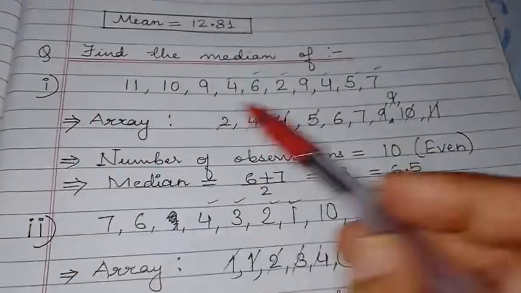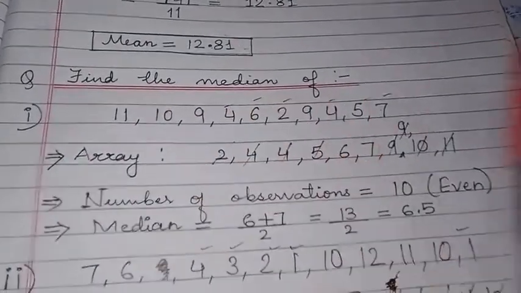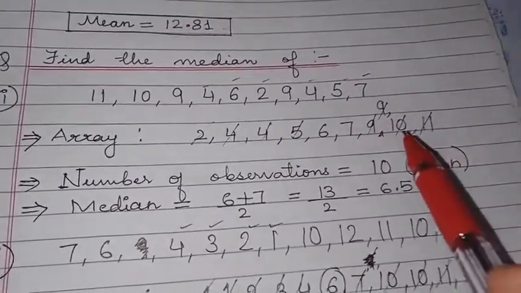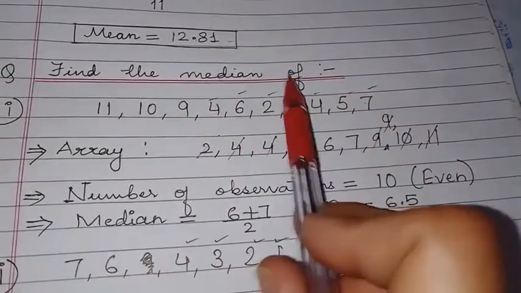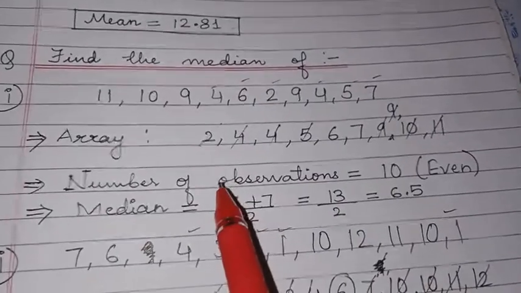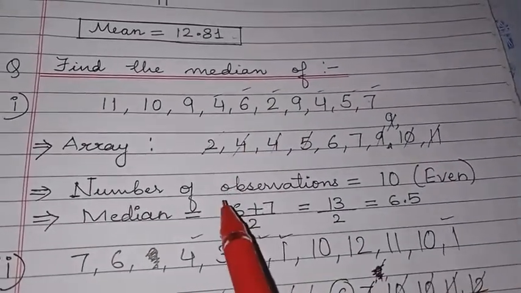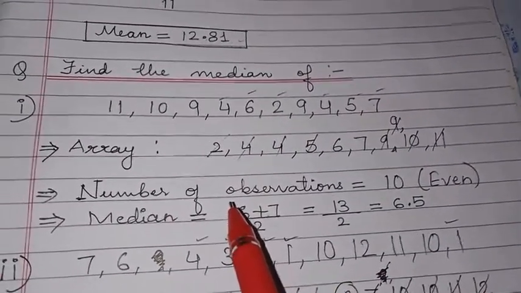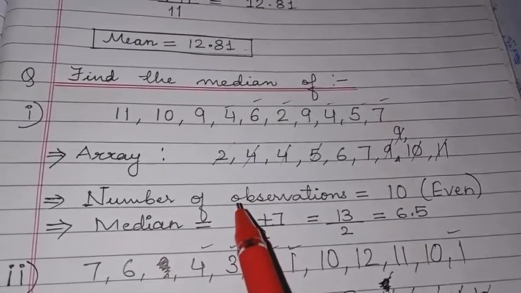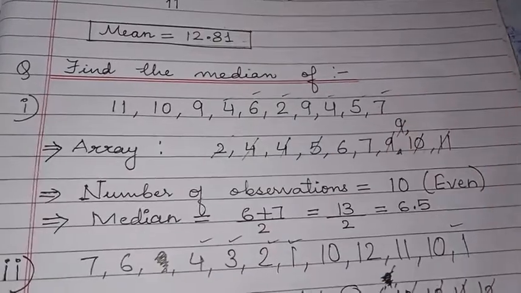Alright. Now the question is to find the median. Till now we have seen 3 examples of mean, and now let's see an example of median. Median is the mid value or the mid term which we get. Median is the mid term or mid value of the given data, of the given observations.